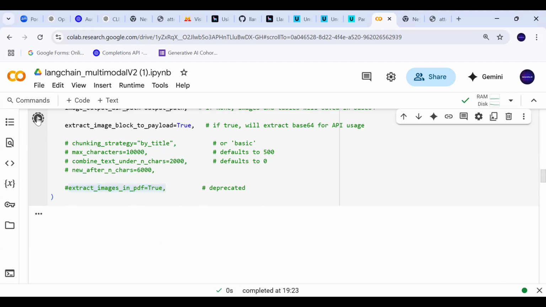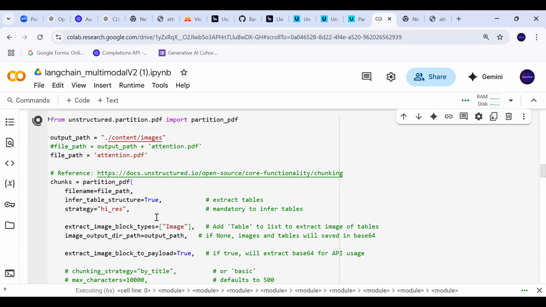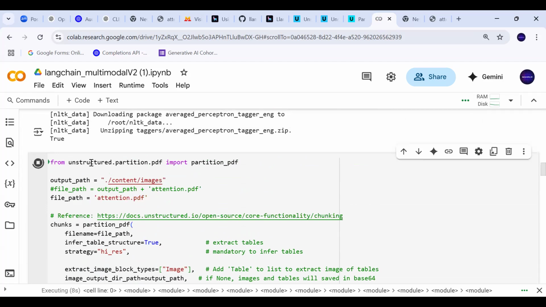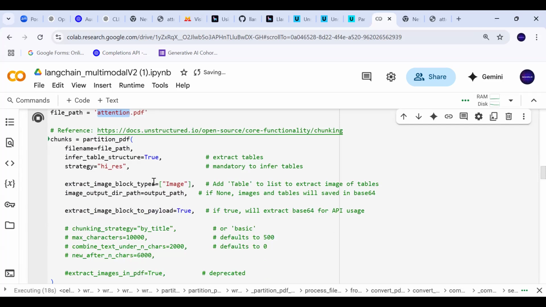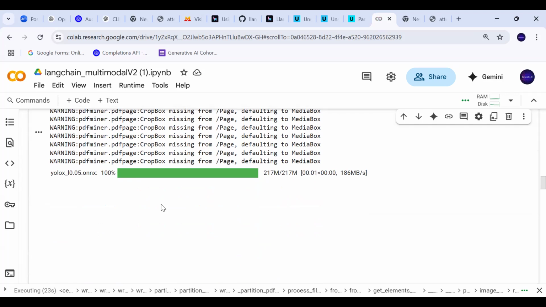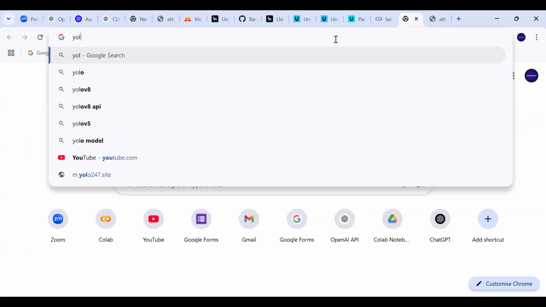If I run this by commenting out this particular thing, what is happening right now? We are using the unstructured library to parse my attention PDF, which was a 13, 14 page PDF, and it will extract all these things. It does take some time. It is using YOLO-X. If you go on the internet and see what YOLO-X is,